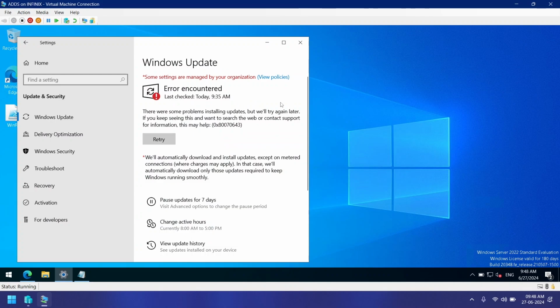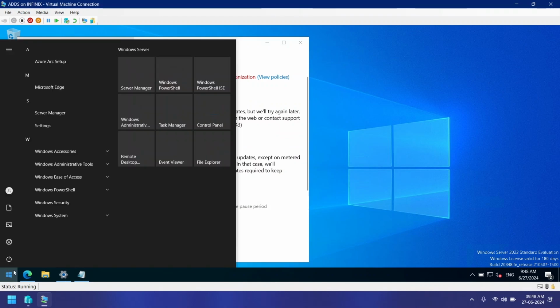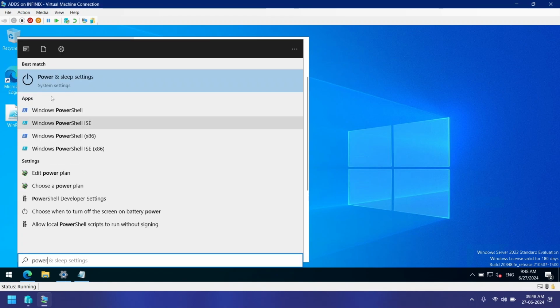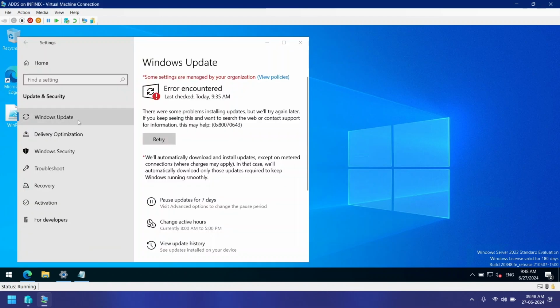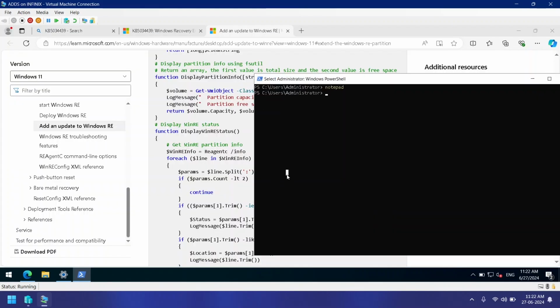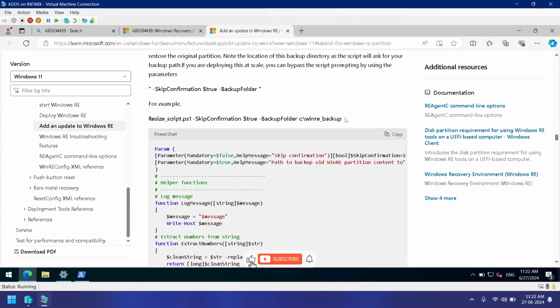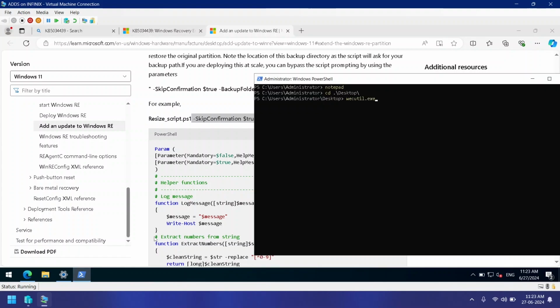Minimize this. Minimize this. Let's open PowerShell as administrator. Let's go to desktop and run this script with the parameters skip confirmation, which is equals to true, and backup folder you see